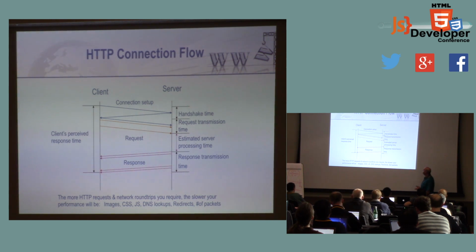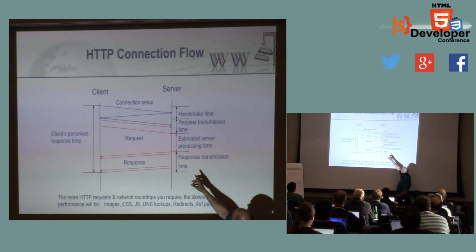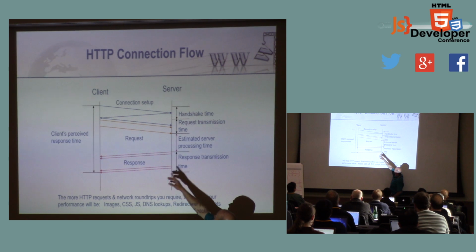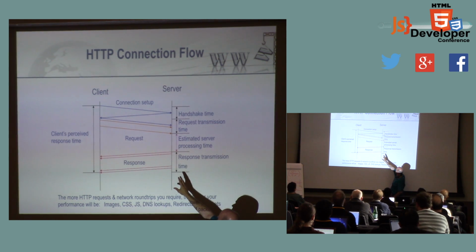When we actually make a connection onto a web server, and that's a complicated process, there can be as many as 13 round trips creating an HTTP connection, believe it or not. When we do that, we go through a very simple set of steps here. So we do a handshake, we send a request, the request goes in, and you can see that here. This is the server, and this is the client. I shouldn't assume people know sequence diagrams. I'm just so used to looking at them, I assume everybody knows what they are. But basically, these are two system boundaries and messages passing between them. So we do a little bit of connection setup. There are some other things that have to happen there. We'll go into detail. A request is sent.